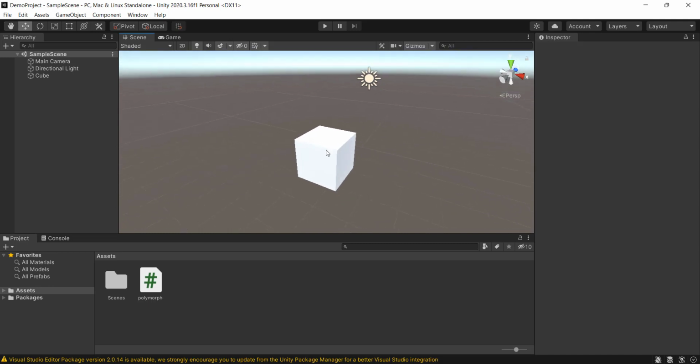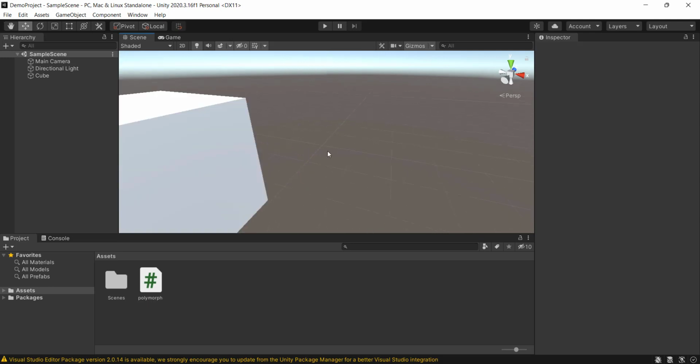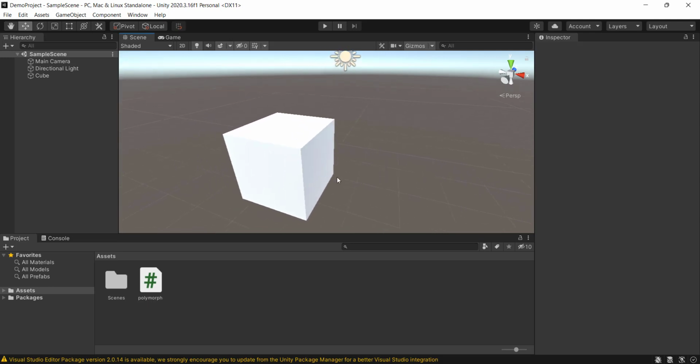So what about the navigation? Middle mouse button to pan, alt left mouse button to rotate, alt right mouse button to zoom, or scroll the middle mouse button to zoom. And after that,